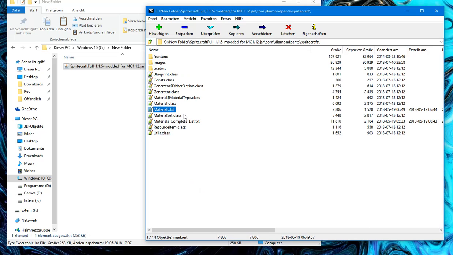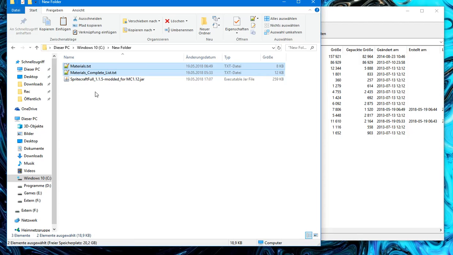However, I'm going to focus on the materials. And for that you'll have to edit the materials.txt. I also included the materials complete list txt, which is purely for reference. It contains the complete list of usable blocks. Now I'm going to extract these two into the same folder just because it's convenient, and I'll open these two